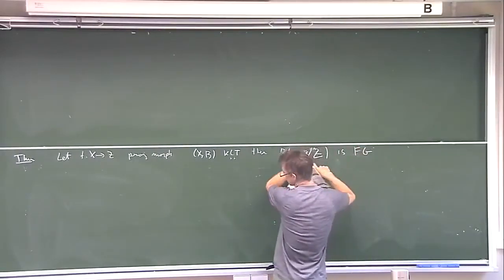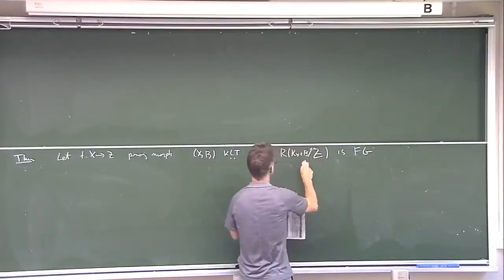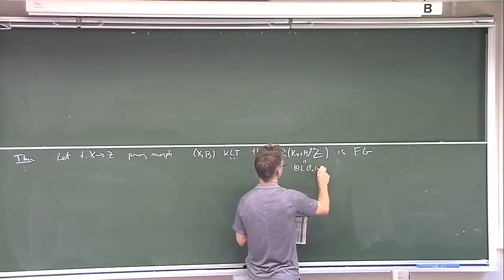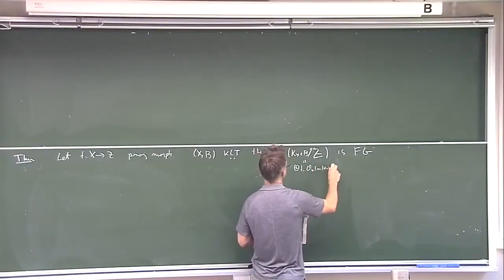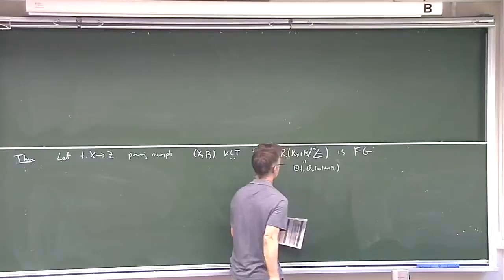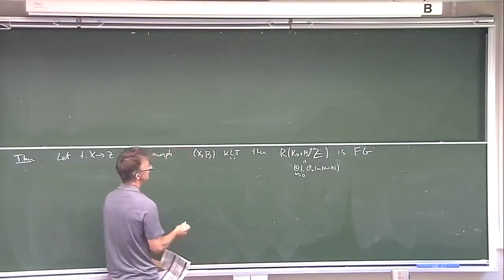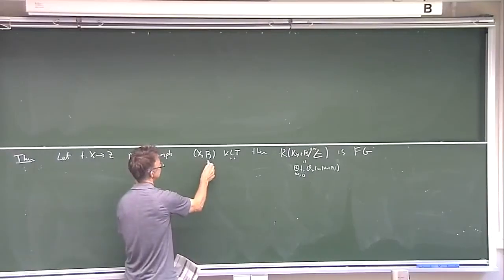What does this ring here mean? This is the direct sum of the push forwards of O_X(m(K_X+B)), where m is greater or equal to 0. And in order for this to make sense, I have to assume that this guy is actually